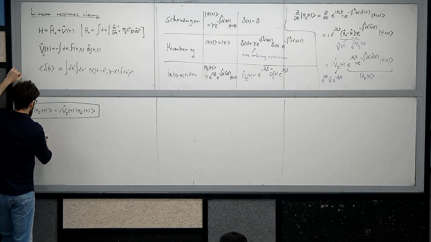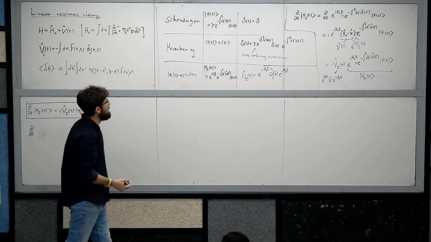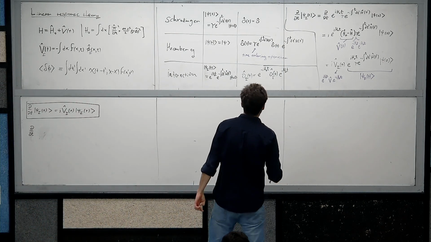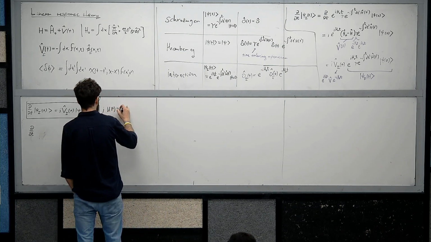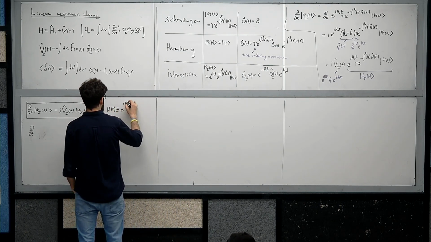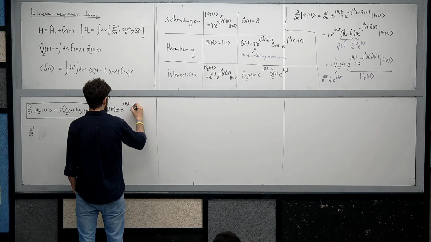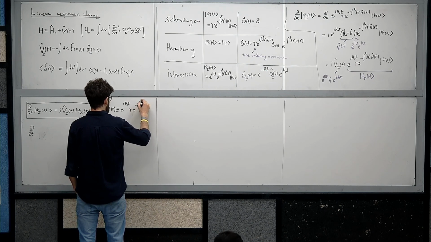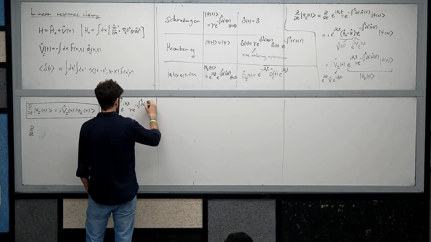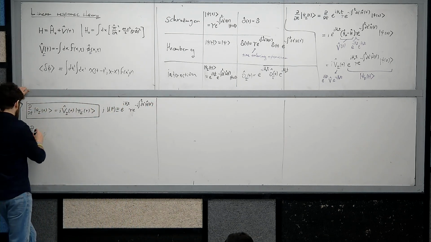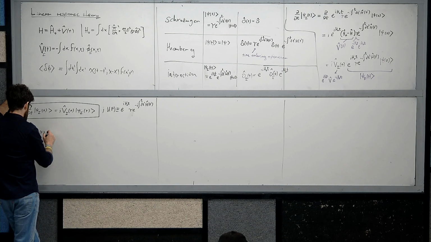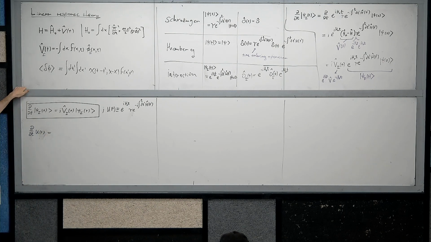Okay. The short notations. I don't know why I didn't do this earlier. Let me define u of t as e to the i h naught t times e to the minus i integral up to t dt prime h of t prime. And then I want to look at this, and I want to claim